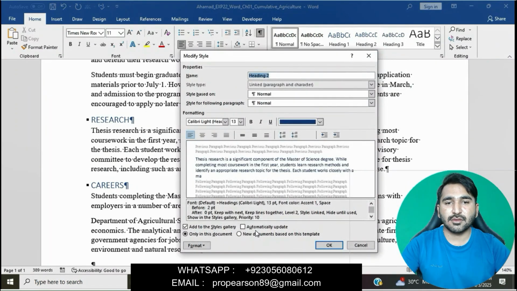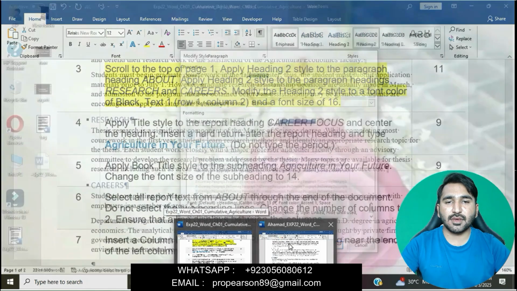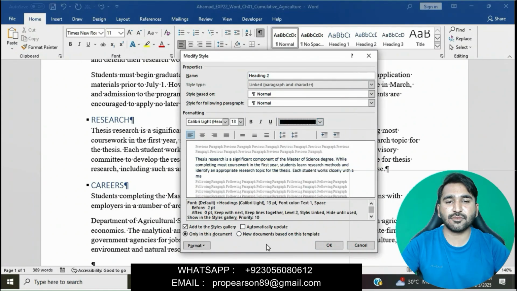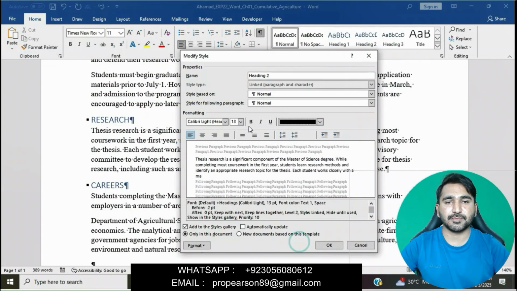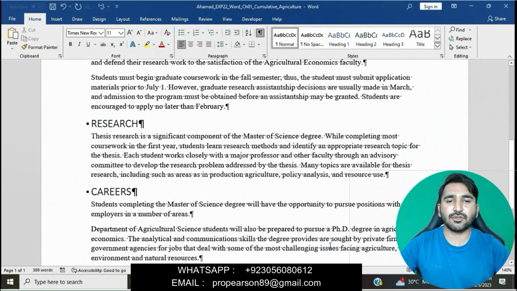Font color of Black, Text 1, and then font size to 16. Go to the font size, click on 16 and simply click on OK. This is good. Now